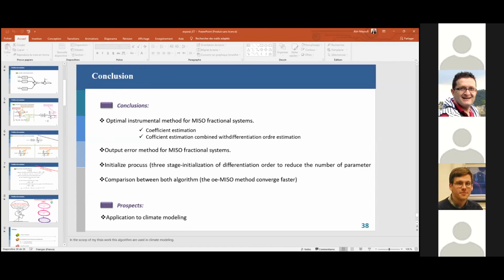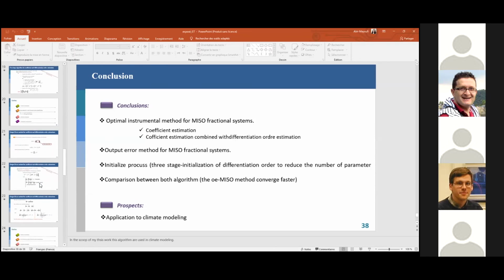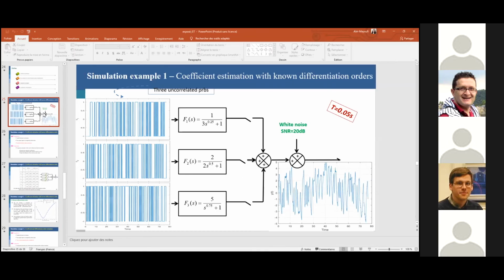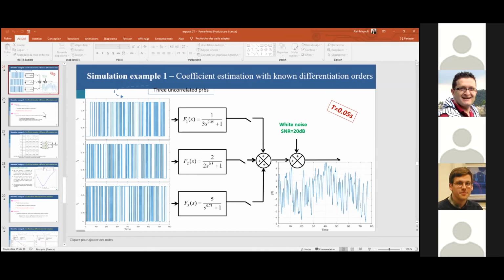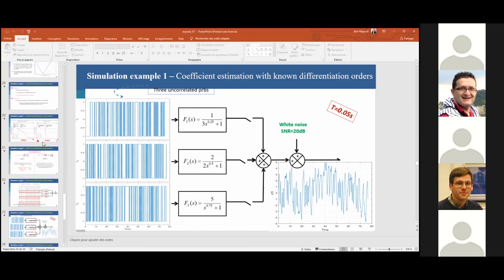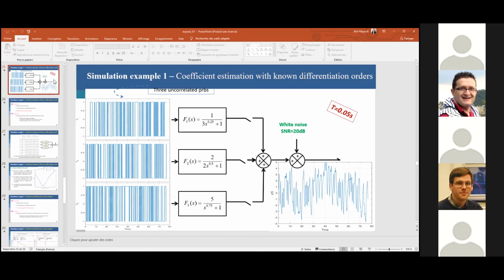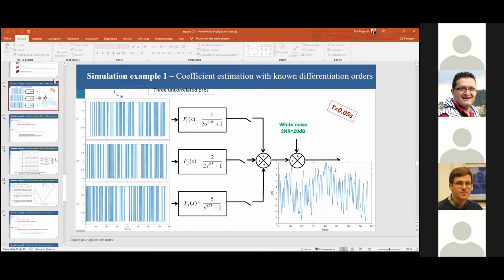Can you remind me what is the noise that you put on your output data? Because I missed it somehow. 20 dB. So an output error. But for the differentiation order estimation it was 150 dB, in the third example here. But you put white noise just at the output, right? So that's it. So effectively,